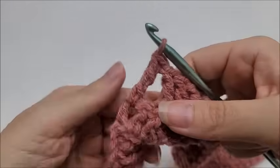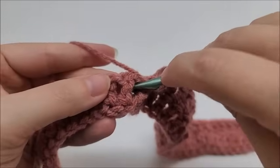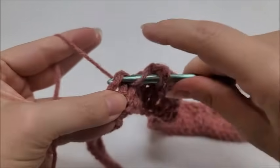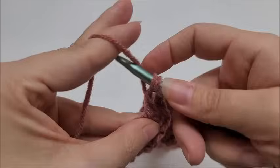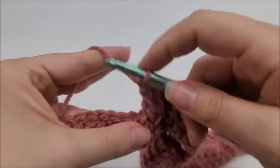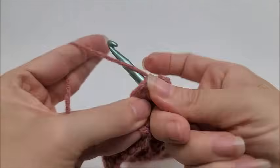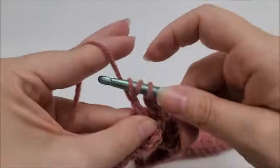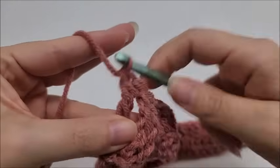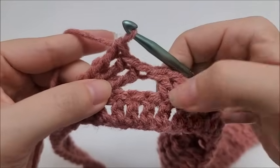So there's 1, and in the next one yarn over twice, front post triple. So that's 2. One more time, yarn over twice, front post triple, like that. And again, now we have to back it up to the 3 that we skipped right here